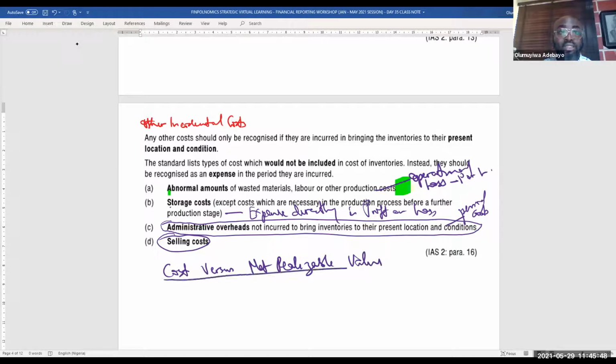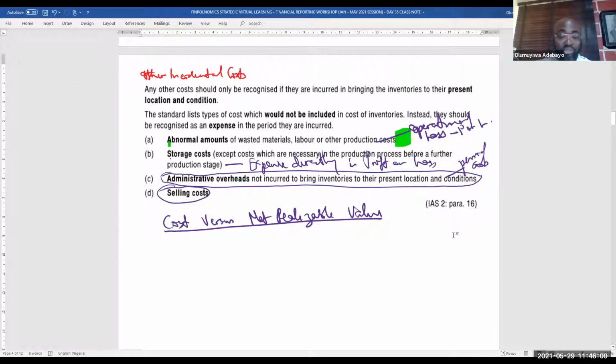And that is where selling cost is relevant. It's not relevant in determining cost, but it's relevant in determining the net realizable value. And we'll come to that later. Any other question? Okay, in the absence of any question, now,